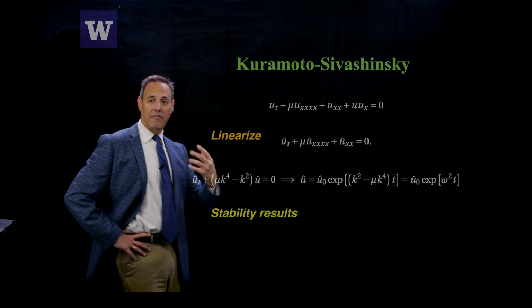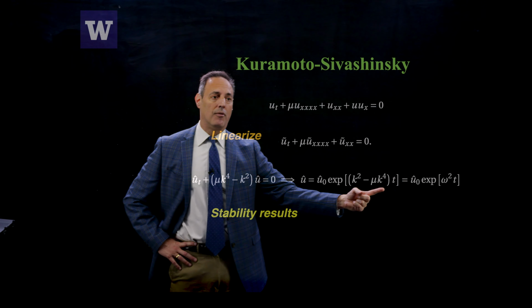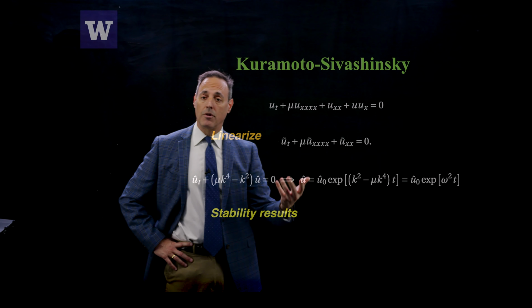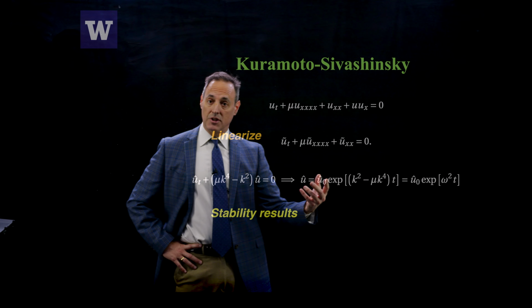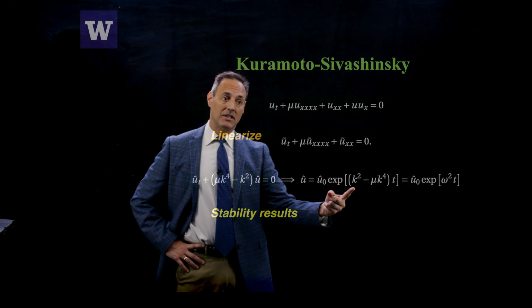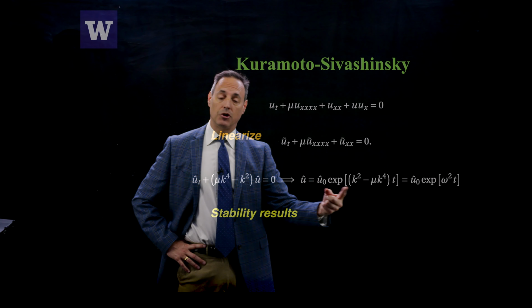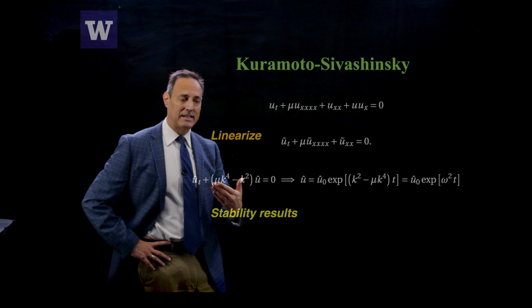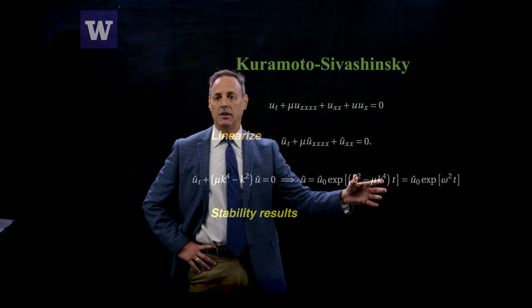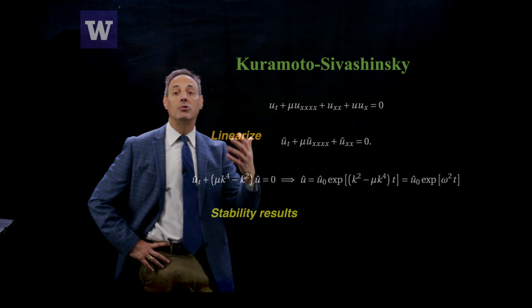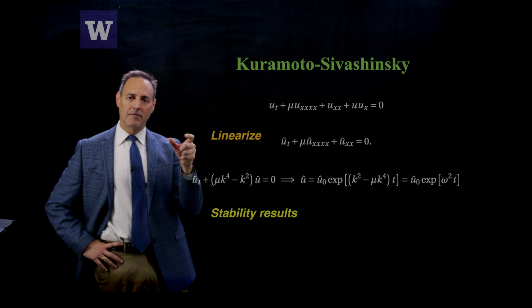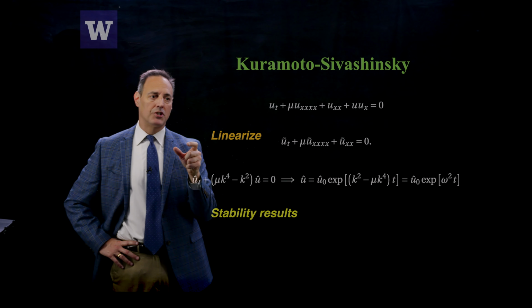So for k very large, this k to the fourth will dominate eventually, and the large wave numbers will be stable. But for the low wave numbers, for instance, k is small, this k squared will dominate, and so you're going to have a band of unstable frequencies. At k equals 0 itself, this thing is just e to the 0t, so it's sort of neutrally stable. So what we're expecting to see is a band of unstable frequencies,